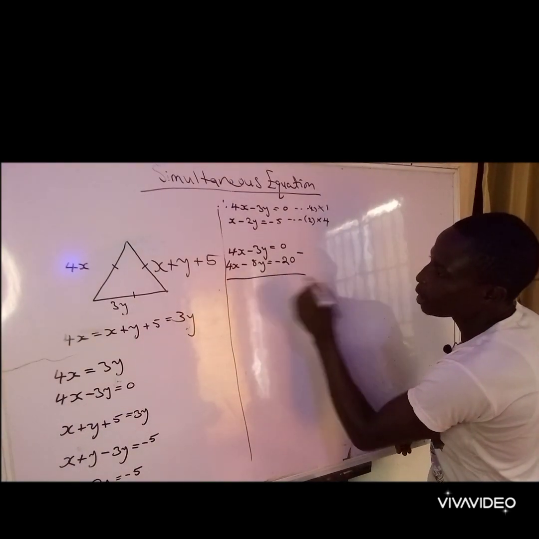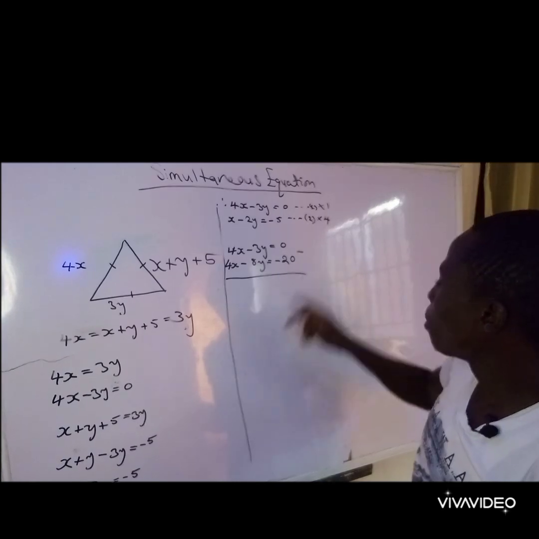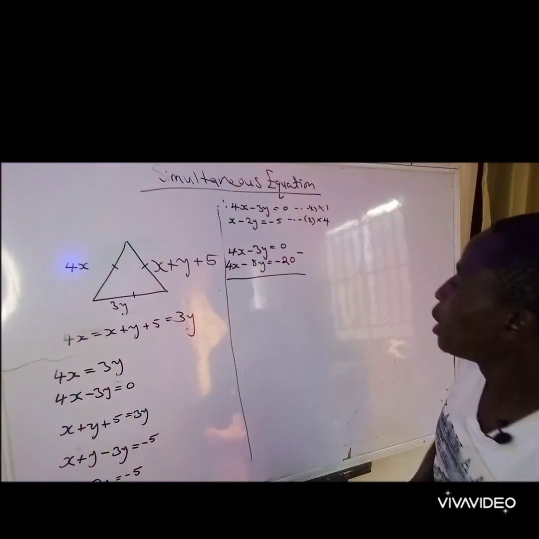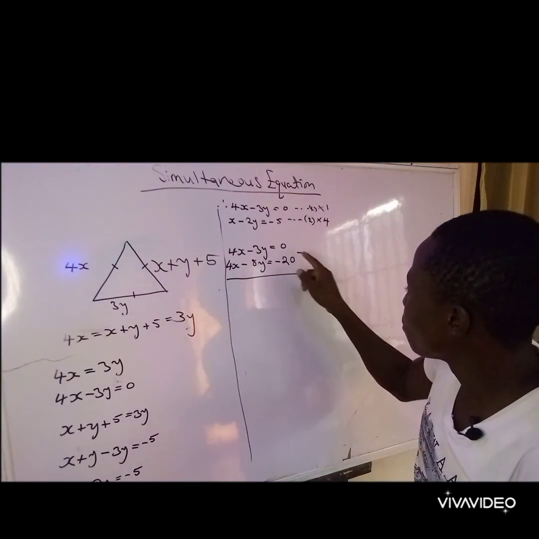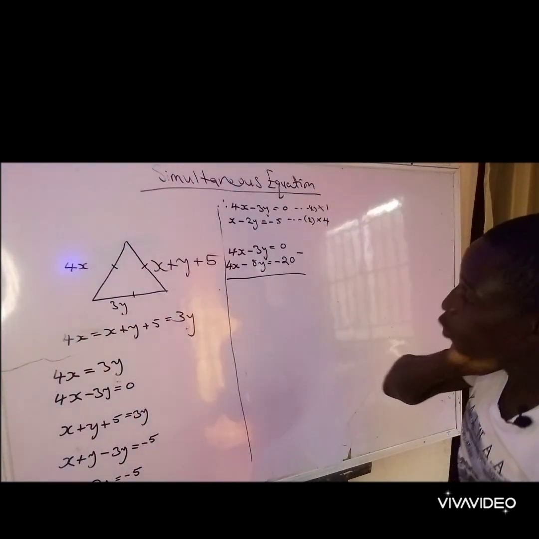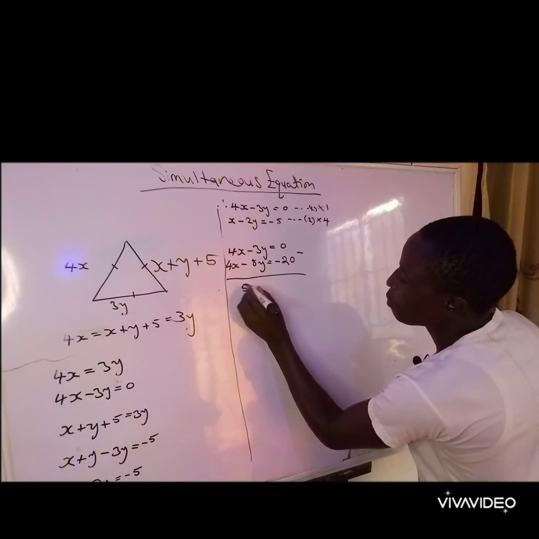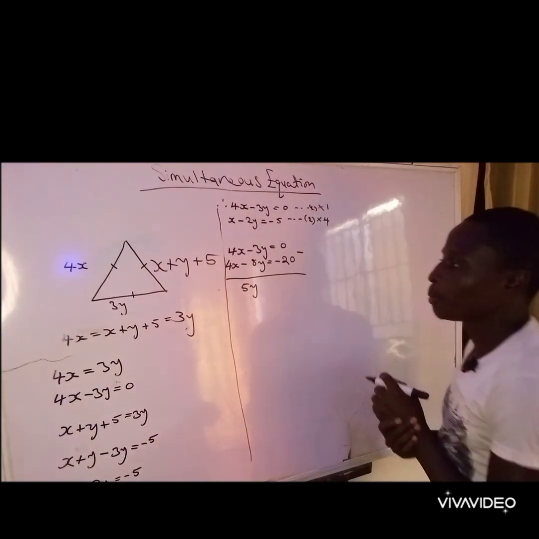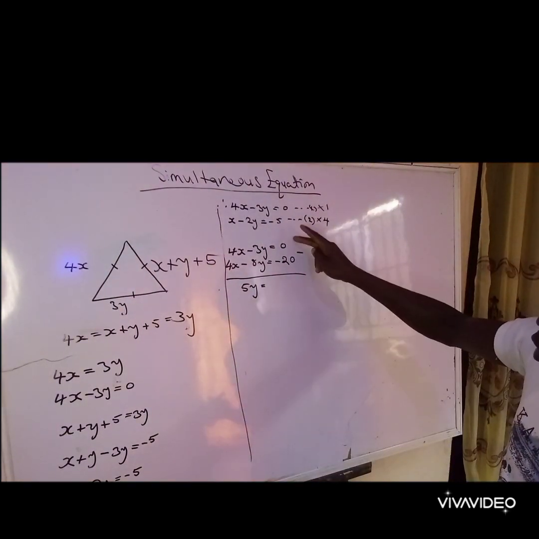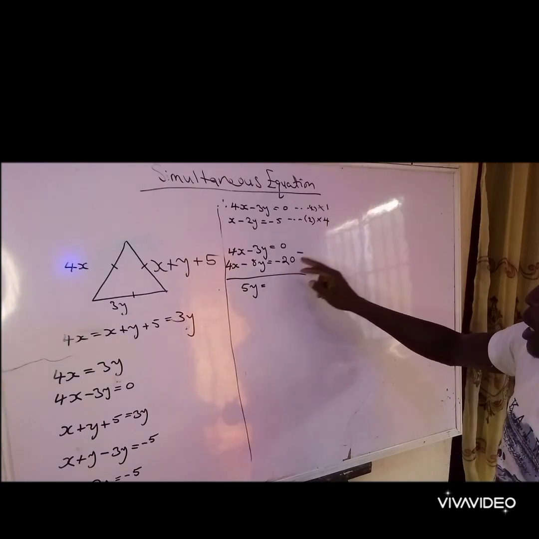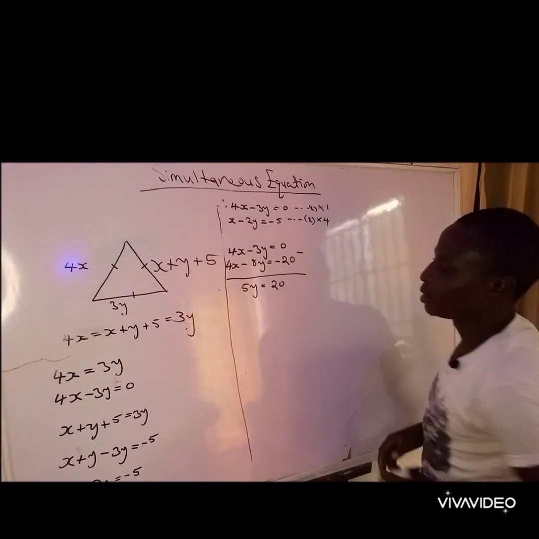So by subtracting now, this minus this will be 0. Then minus 3y minus minus is plus. Then minus 3 plus minus minus is 8. Minus 3 plus 8 is positive, the same thing as 5y. Then it's equals to 0 minus minus is plus. Then 0 plus 20 is the same thing as 20. Then